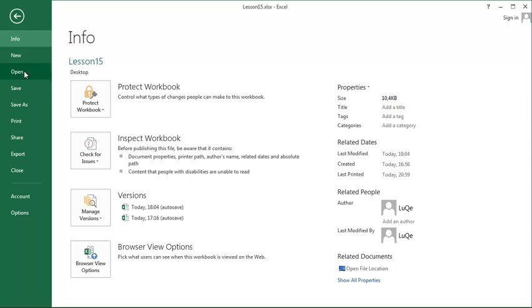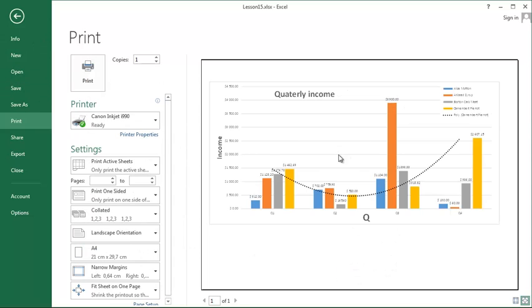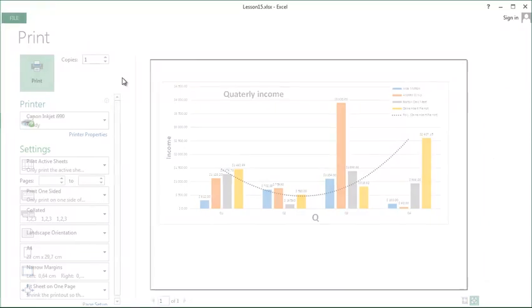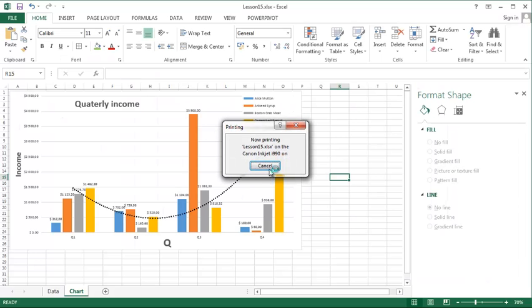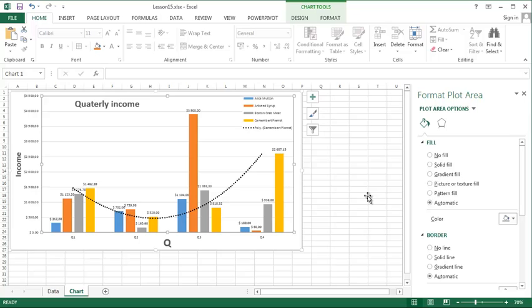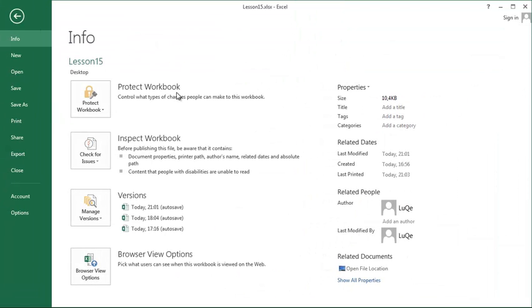Let's do the file print again to preview. Okay, so now you have a proper chart which could be used on a day-to-day basis. So what I want you to do next is actually print the file, but we want it to be printed out. Oh yeah, again, we have to cancel and go back. We want to print it out,